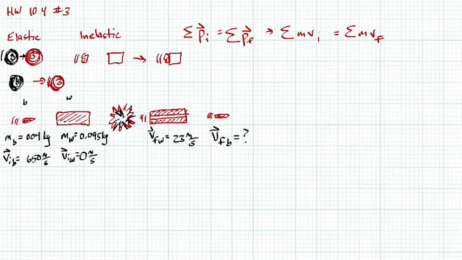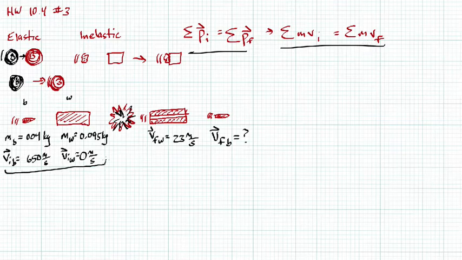Well, remember, if we're conserving momentum, it's like saying the cumulative momenta beforehand have to equal the cumulative momenta afterwards. So all this is momentum initial, and all this we can find momenta final, or we can state it as momenta final, and then use it to solve for this final velocity here. So